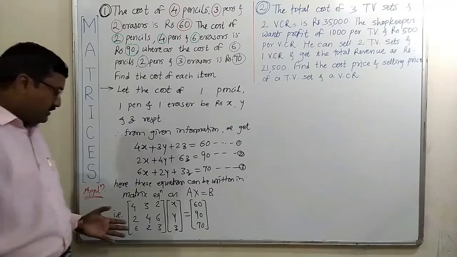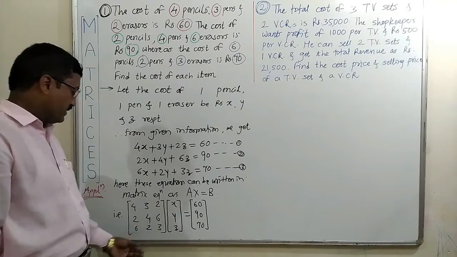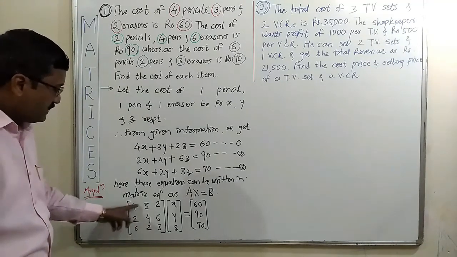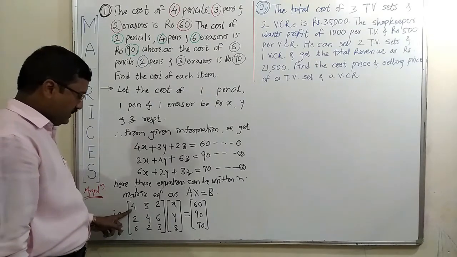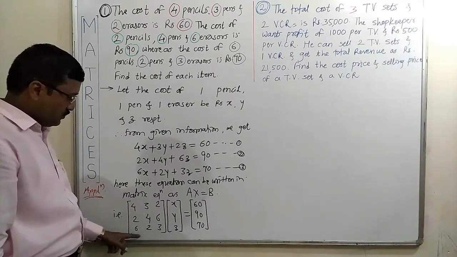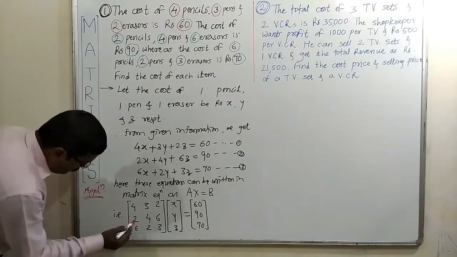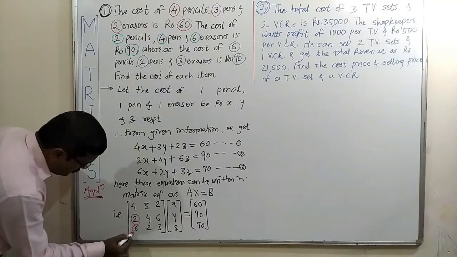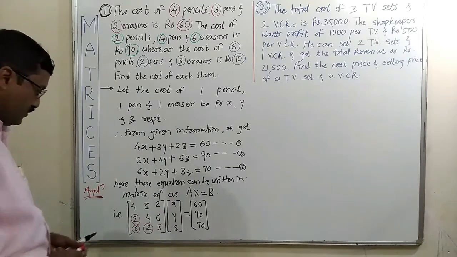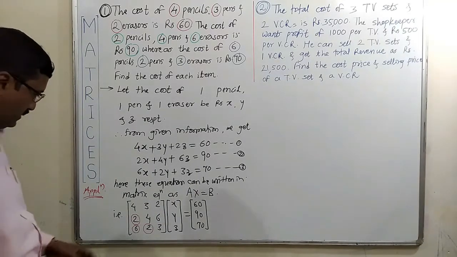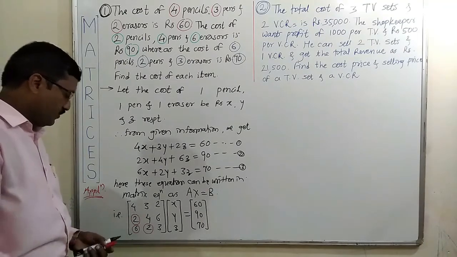Now we will reduce this matrix A into either lower triangular matrix or upper triangular matrix. Let us convert this matrix A into upper triangular matrix. For that we need first 1 here, or we need 0, 0, 0 at these positions. Here we want to make these elements 2, 6 and this 2 into 0. Before that, we will convert first this element 4, that is the pivot element, into 1.